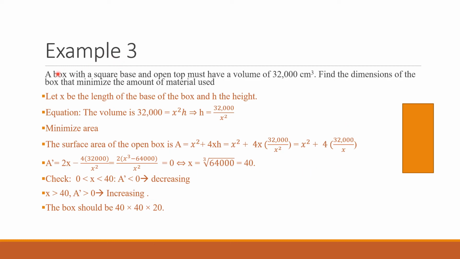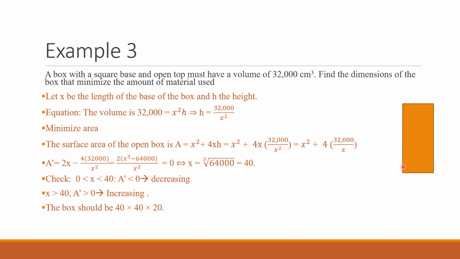Last example. You have a box with a square base and open top, and it must have a volume of 32,000. I have my first equation. Volume of an open top square base box. Find the dimensions of the box. So he wants the dimensions that minimize the material used. Remember, material has to do with what? With the area. Okay, so I let x be the length of the base of the box and h